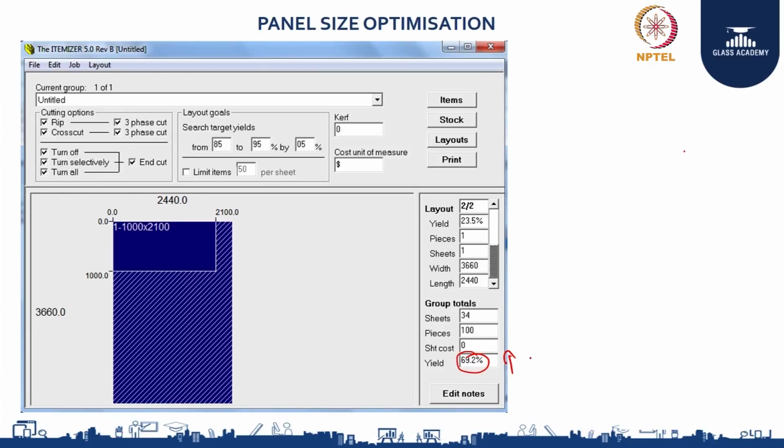So there are even panels as high as 6000 mm by 3210 mm. This is one of the largest panels that can be manufactured in India. So as high as this is available as a standard size. So when you design the elevation of the building, if you can consider even the manufacturing sizes by the glass manufacturer, that will give you a better yield and lesser wastage. So this is one point that you need to consider.